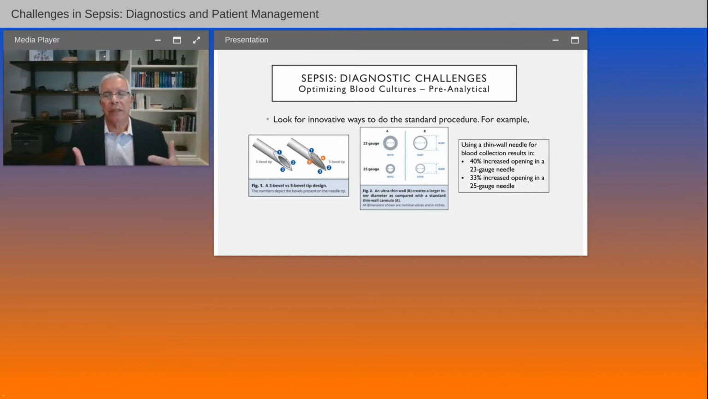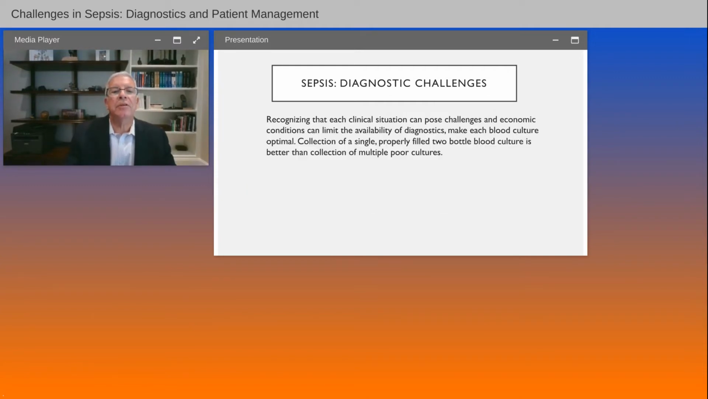You want to be able to quickly collect your cultures, so that antibiotics can be given. So this is one aspect that helps improve the ability to collect the appropriate volume of blood in a timely way. So let me just conclude and say, recognizing that each clinical situation can pose challenges and